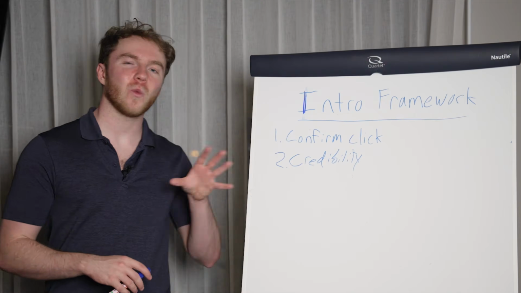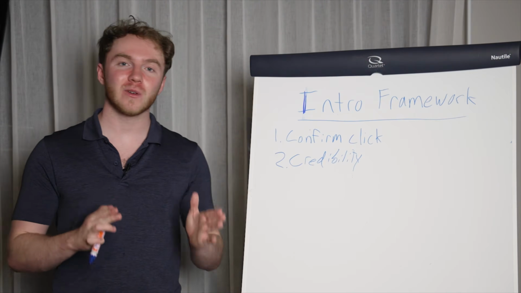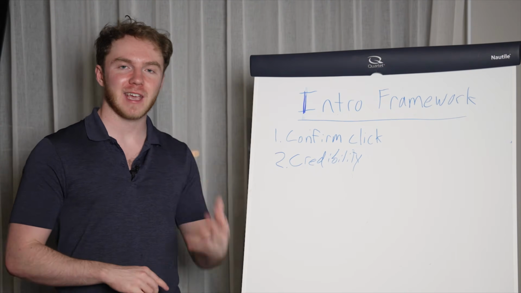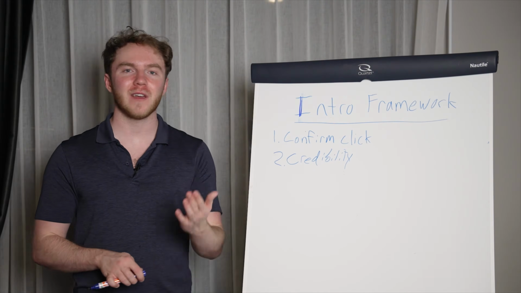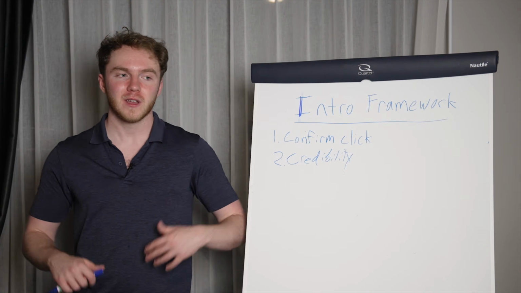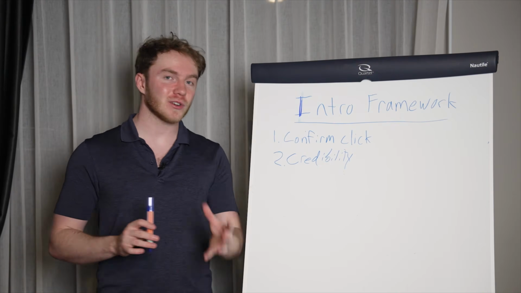So why do we do this? Why do we add credibility in the second line? Well, it's actually quite simple. You need a way to separate yourself from everyone else making videos, right? If you're an educational YouTuber and everyone is talking about the same topic, what's the reason why they're gonna watch you? Why not go watch someone who's an expert on the topic? Why not go watch someone who has more experience, more subscribers, and better videos? This is where your credibility comes in.